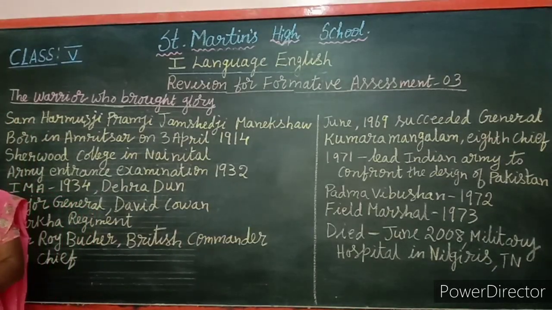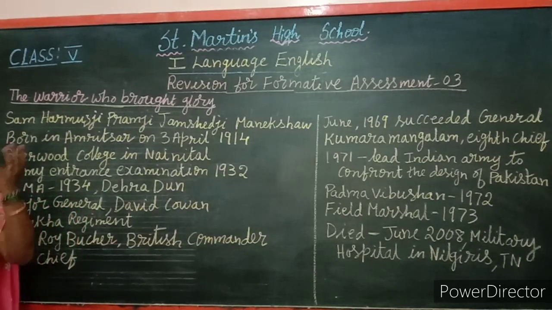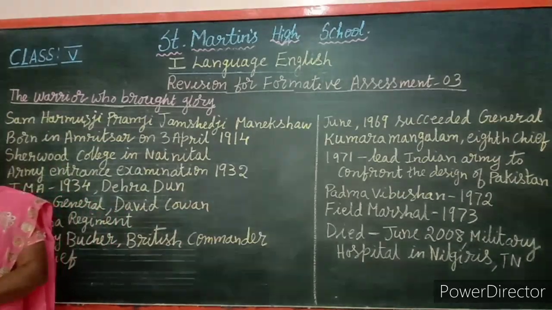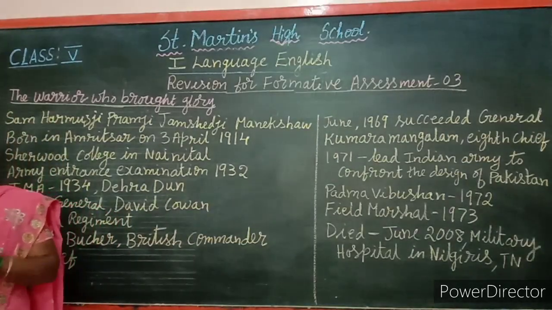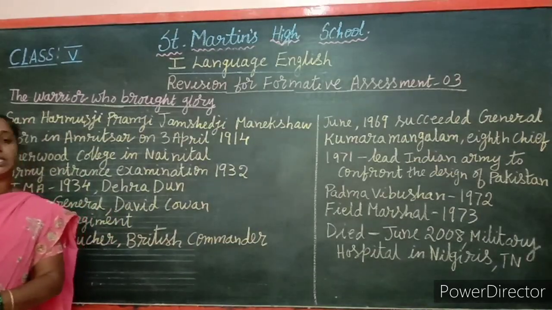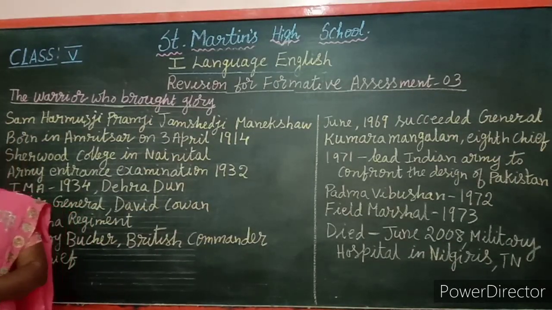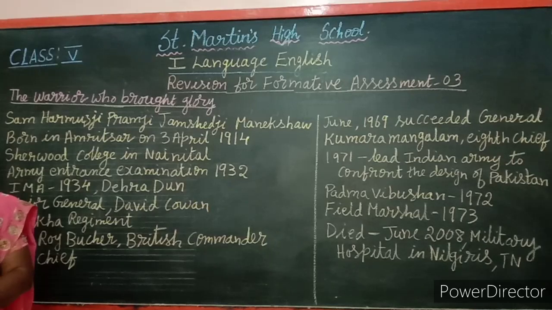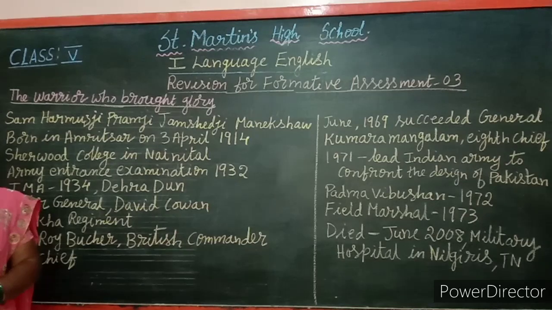So during that situation in the battlefield, a Japanese soldier attacked him from the back. That means he shot him. So when he was shot by a Japanese soldier, he was seriously wounded. Therefore, the then Major General David Cameron thought that Manekshaw would lose his life. Therefore, what did he do? He took his own military cross ribbon and pinned it to Manekshaw in the battlefield, saying that a dead person cannot be awarded a military cross ribbon.